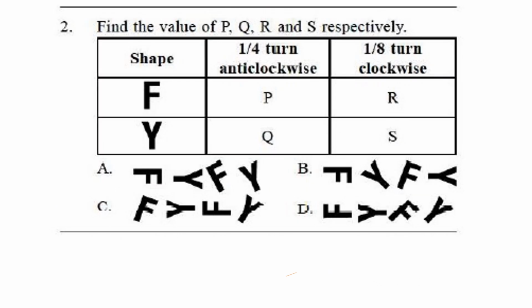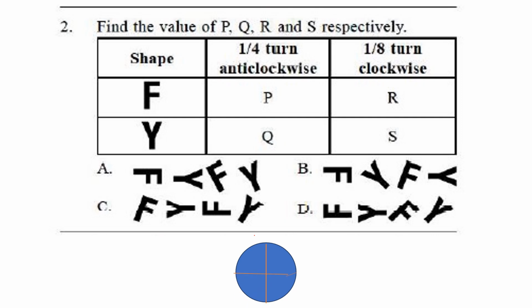Question number 2. Find the value of P, Q, R and S respectively. These shapes are given, F and Y. For P and Q, R and S, 1 by 4 turn of F is P and 1 by 4 turn of Y is Q. 1 by 8 turn clockwise for F is R and 1 by 8 turn clockwise for Y is S. So for P,